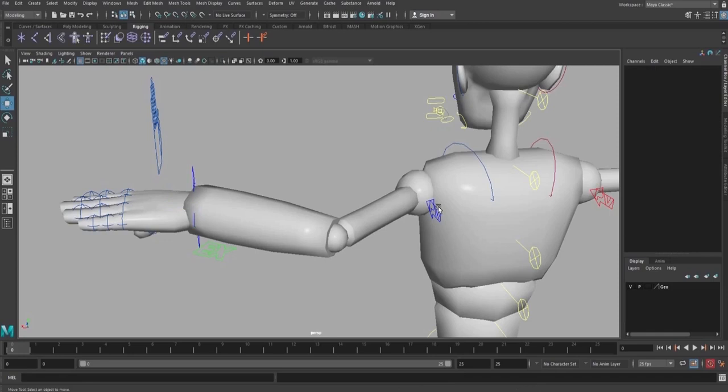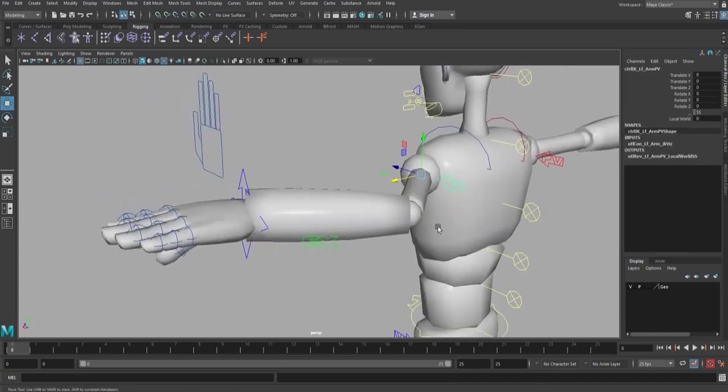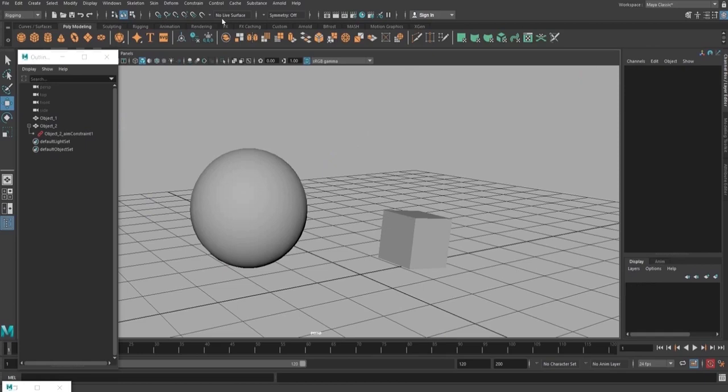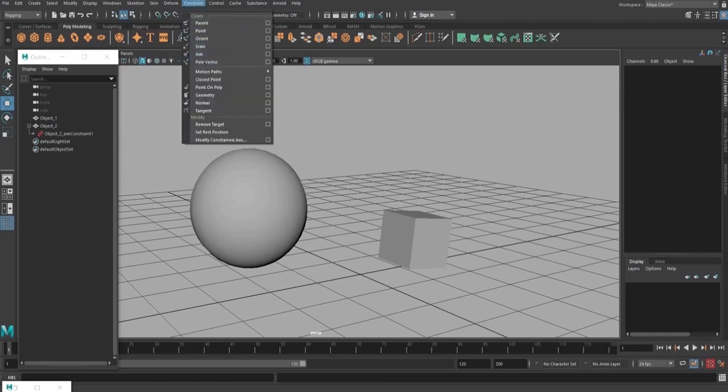See, here there is one control. The IK handle which is present inside this hand, which is connected to the bones of this hand, is selected and given the constraint called pole vector constraint.